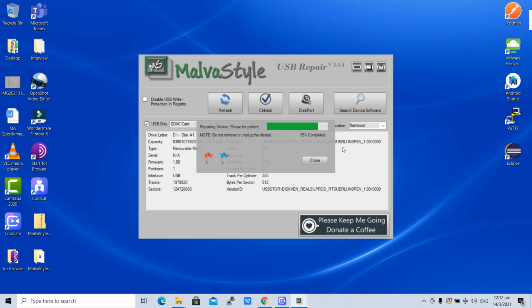It is partitioning your USB card. Once the partitioning is complete, you can go and format your write protected USB.